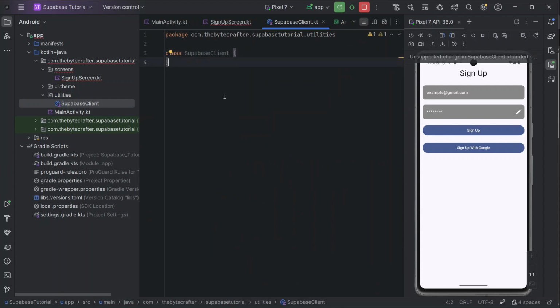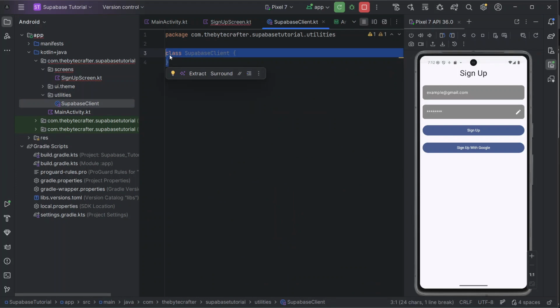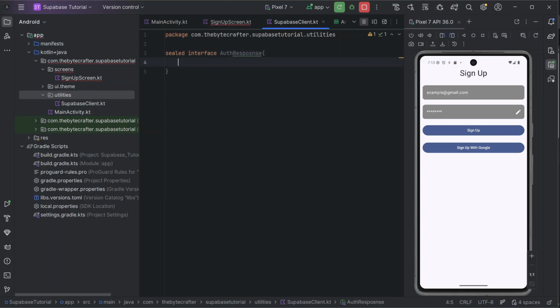So in this case I'm going to carry out a number of configurations. I'm going to first of all go ahead and have a sealed interface. Interface is a small i. So a sealed interface of an AuthResponse. Then I'm going to add some configuration. So we need a data object